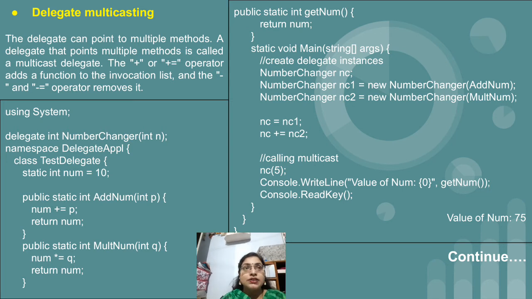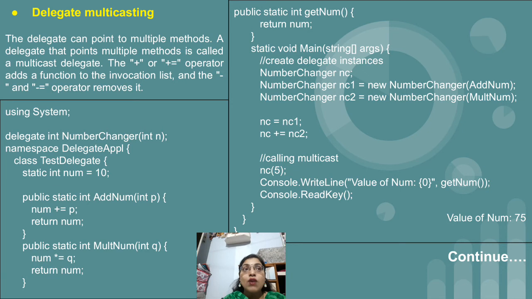This is the reason why, just see in the static void main, first we have created the first object of the delegate number changer. So number changer nc is the first object, semicolon. On the next line, we have created one more object of the delegate, that is number changer nc1 equal to new number changer, and to which we have passed the first method add num.